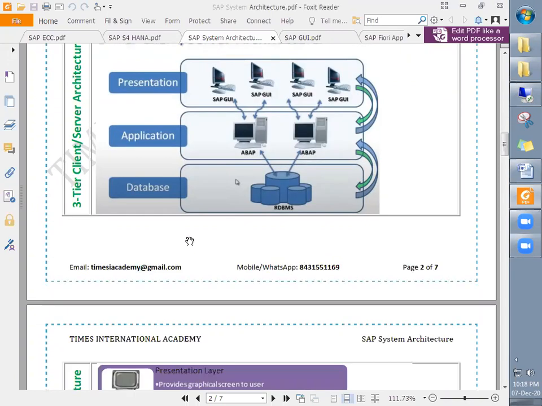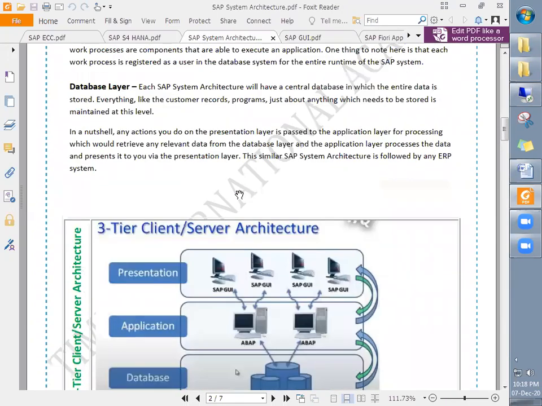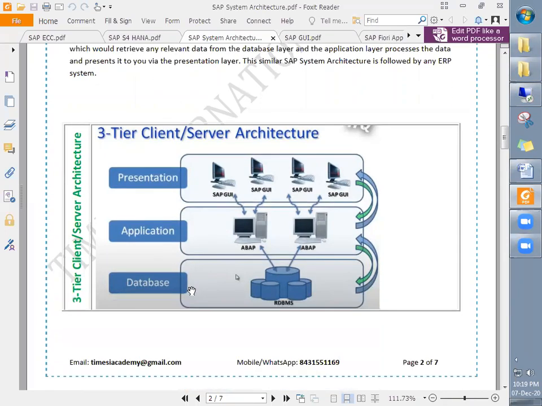Now let's move on to the database layer. What is the purpose of having this database layer? Each SAP system architecture will have a central database in which the entire data is stored. Everything like customer records, programs, just about anything which needs to be stored is maintained at this level.